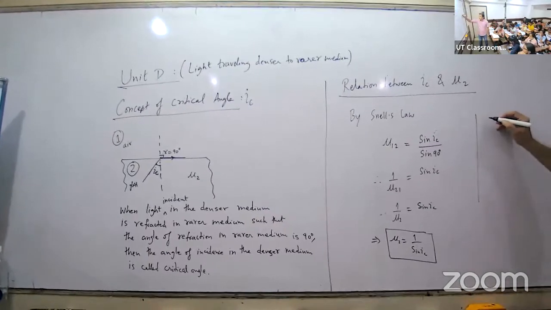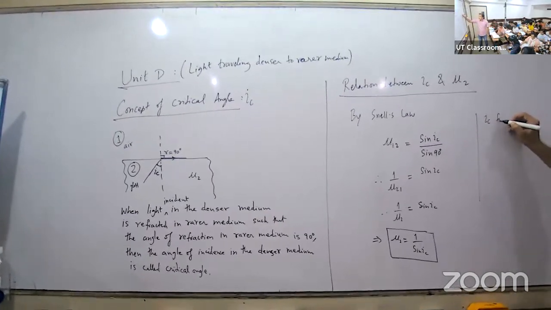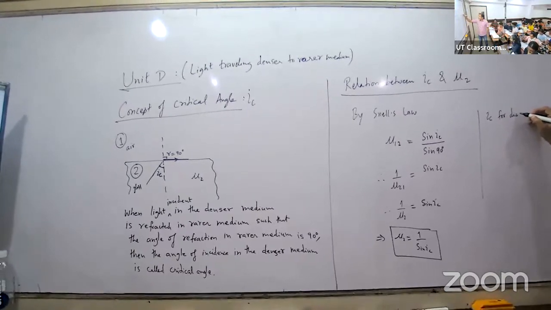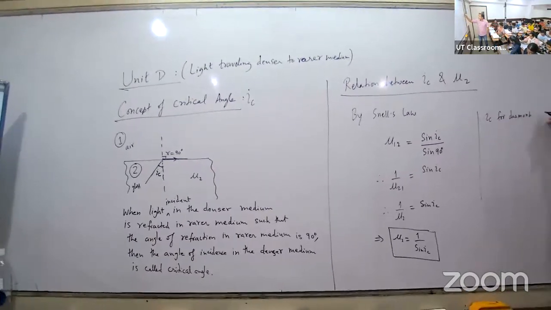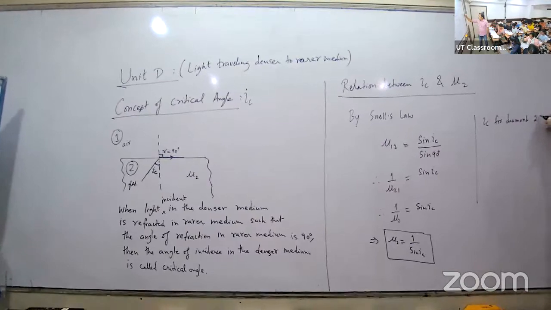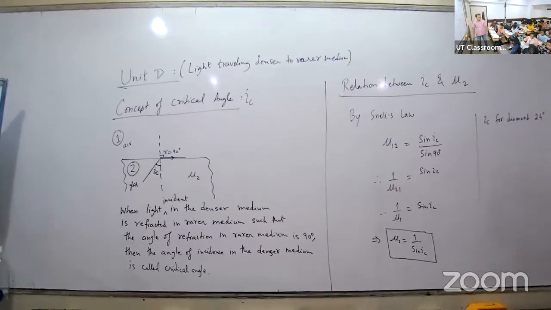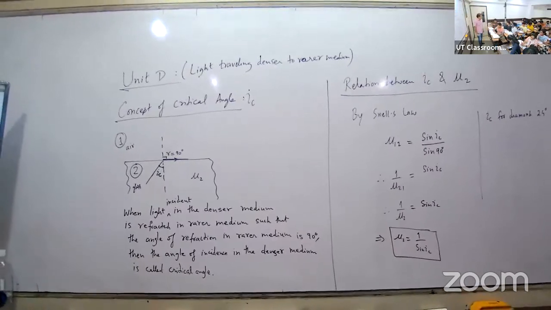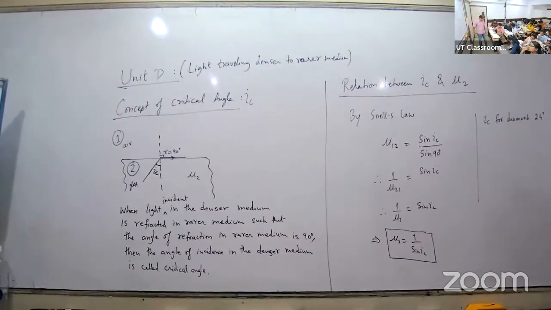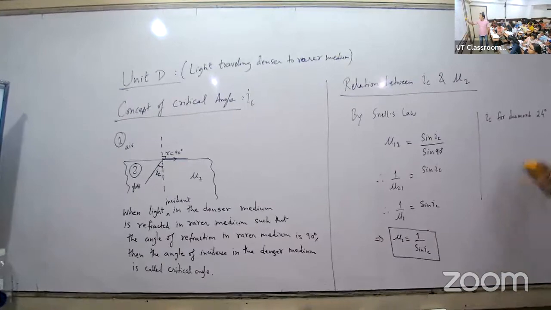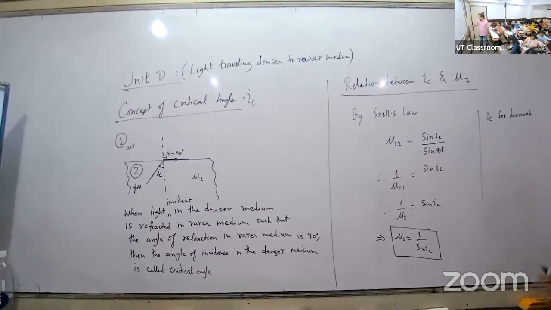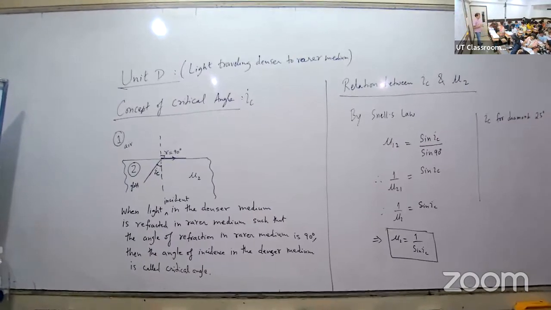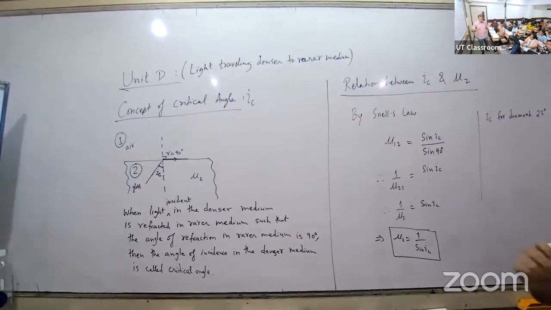टेबल दिया तुम्हारे बुक में, देखो. IC for diamond, सबसे कम क्या होता है? नहीं, 24 डिग्रीज है, 25 ना, 24-25 के आसपास। अब देखो, क्रिटिकल एंगल से होता क्या है, आप सुनो पहले, ठीक है।